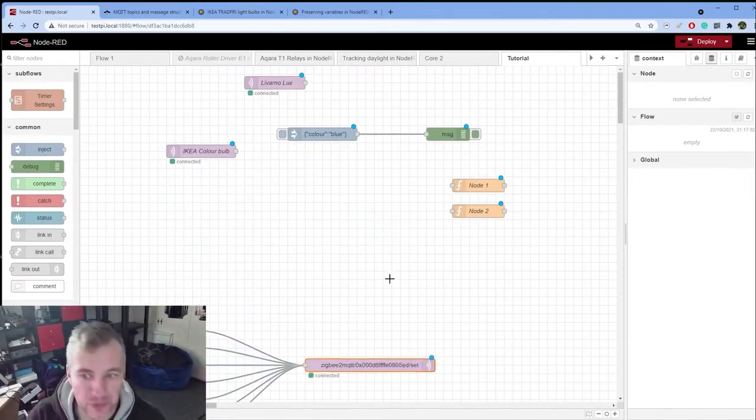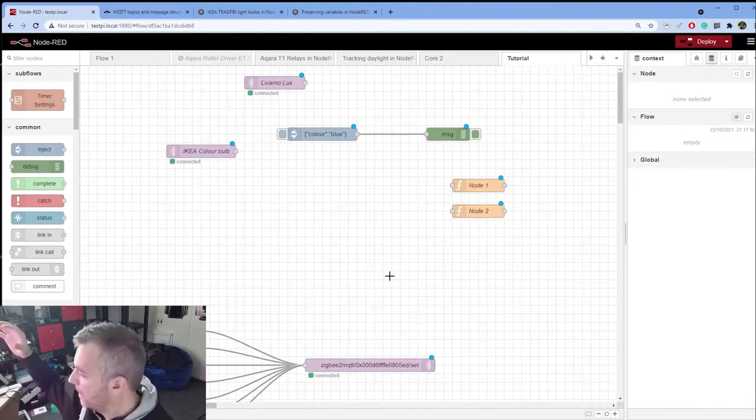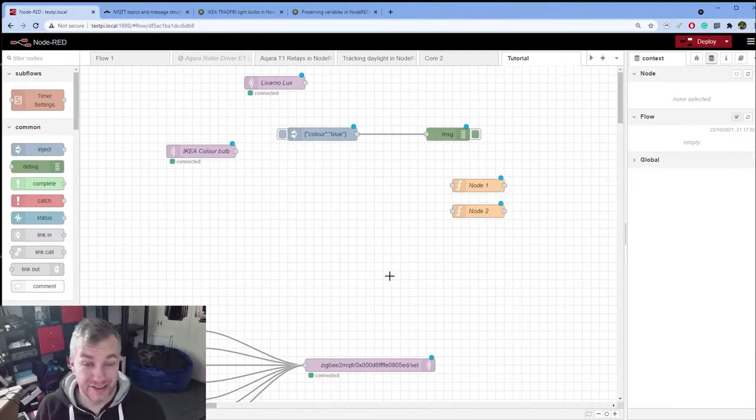I'm using MQTT. MQTT is basically a server client architecture. So Node-RED is kind of a client. It's not a server, even though we're going to be using it as a server. It configures